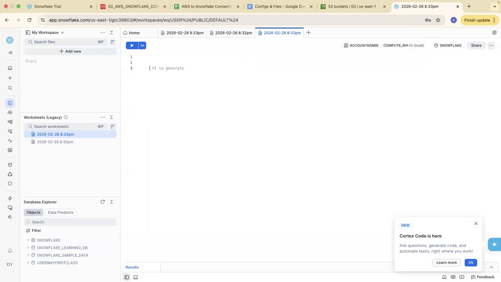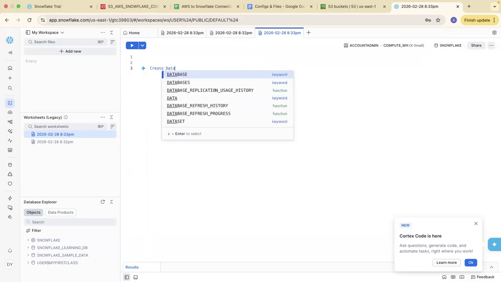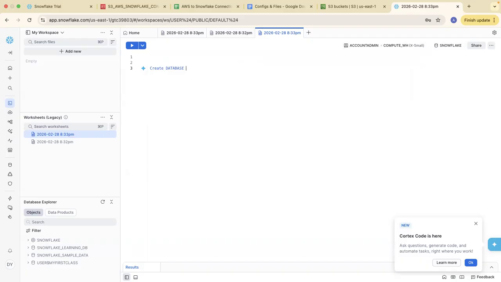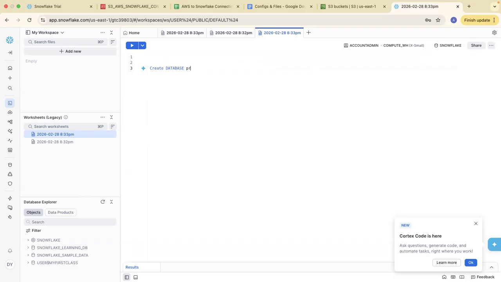Now, simply what I'm going to do is write create database, and the database that I'm going to create will be my new DB. So inside Snowflake, I am going to create a database.